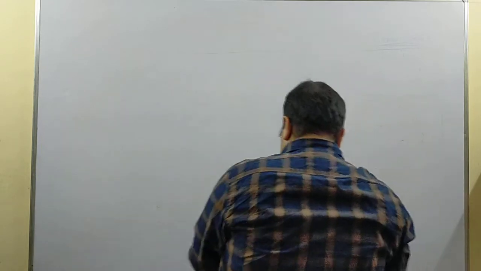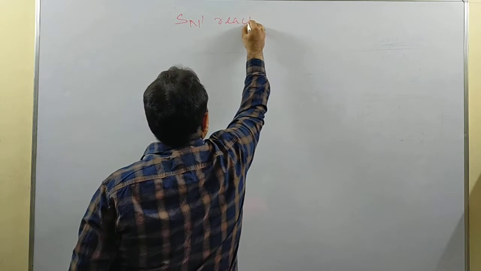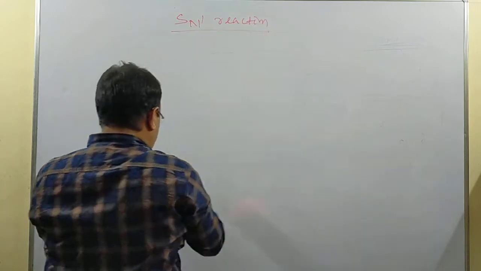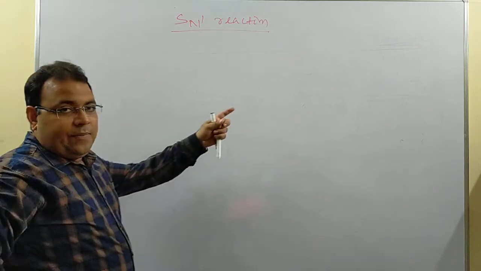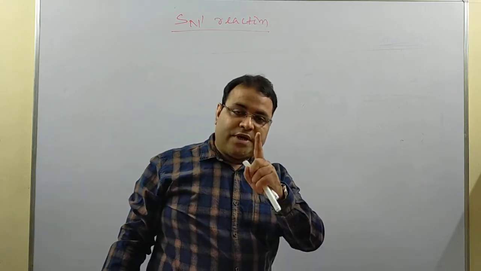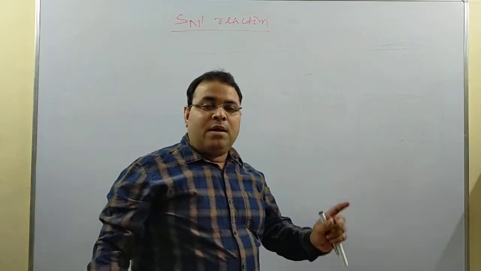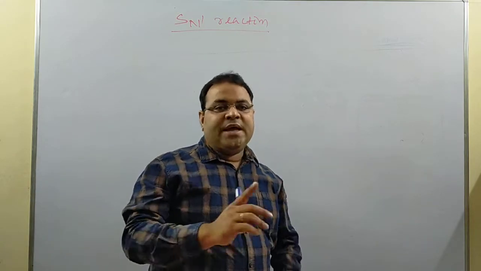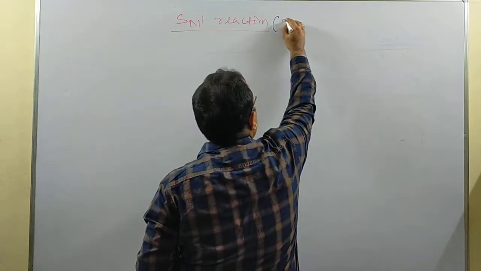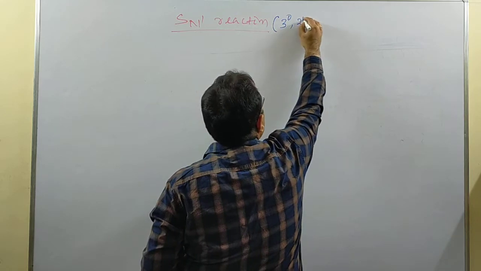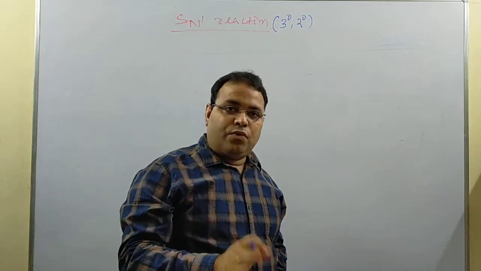So now I am writing this SN1 reaction. The full form I have already written. Let us take an example of haloalkane, and there I have written that 3 degree and 2 degree will show SN1. So we will not talk about 1 degree and methyl halide, because they will be showing SN2 mechanism. Since it is SN1 and is shown by 3 degree and 2 degree haloalkane, we will talk about 3 degree or 2 degree haloalkane.